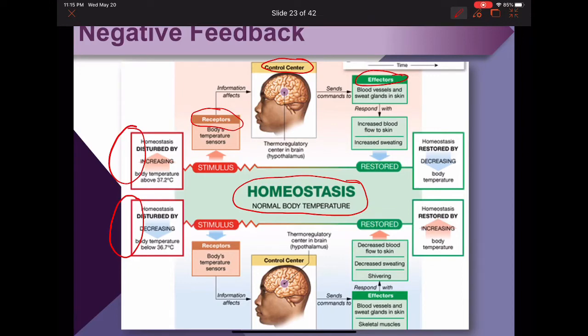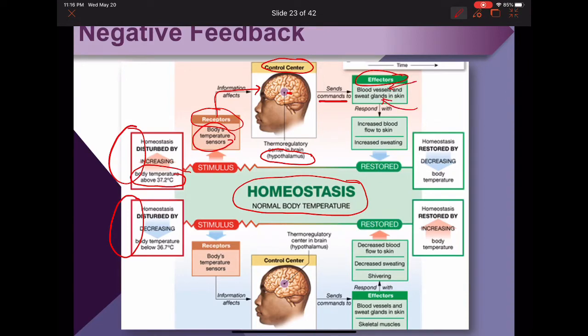So if your body temperature rises above 37.2 Celsius, your receptor, which is your body temperature sensor, will be able to tell that sensory information to your brain, particularly the hypothalamus. And like I said, the hypothalamus does a whole range of stuff for us, okay? Other than endocrine organ hormone producing, it does thermal regulatory stuff too, okay? So that heat information is coming to your hypothalamus. Hypothalamus then sends a command to your effector tissues, such as your blood vessels or your sweat glands in the